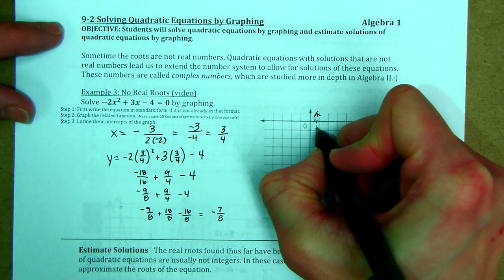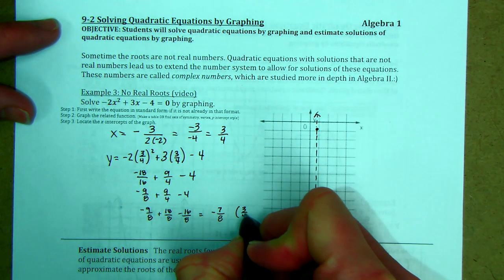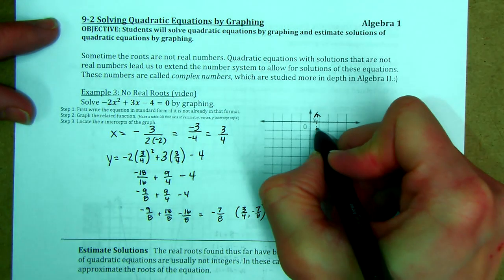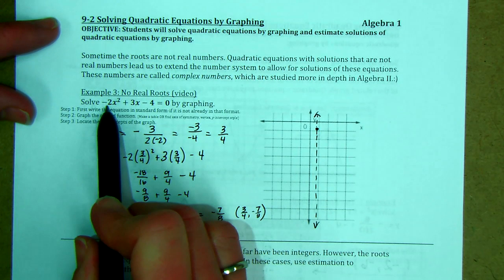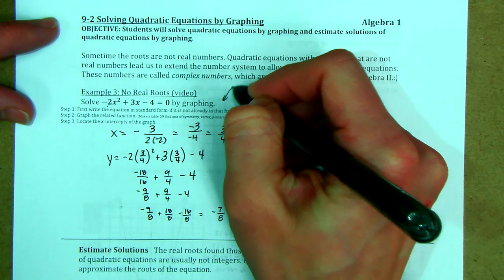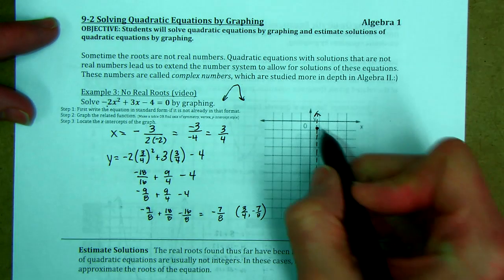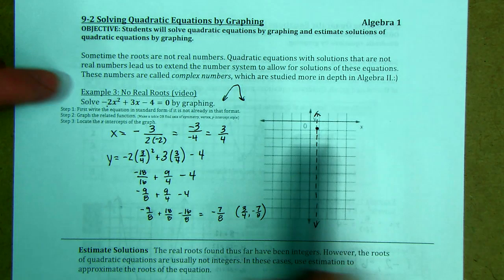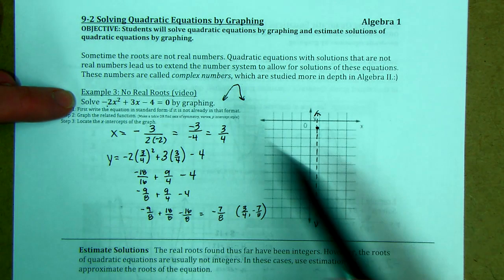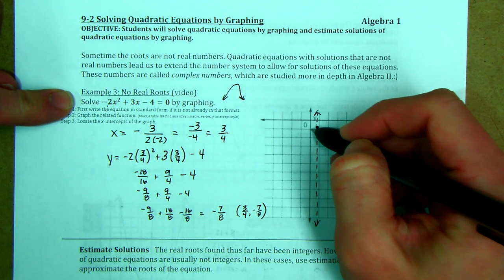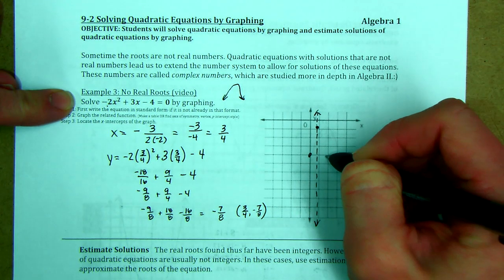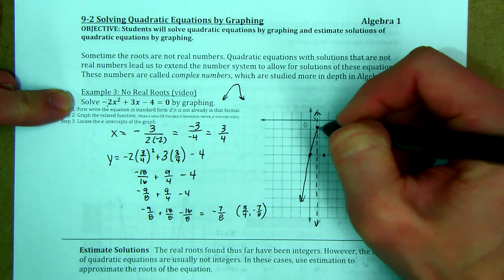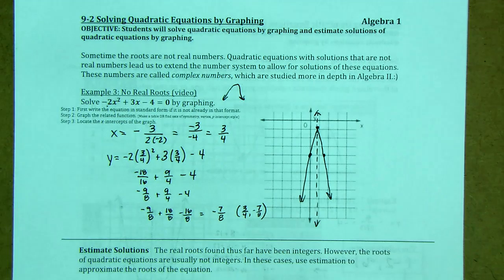All right. Now, the interesting thing about this is I know, because a is negative, we have a maximum value. Right there's my maximum. Okay? So think about that for a second. I'm going to go ahead and plug in 0. If I plug in 0, I get negative 4. So 1, 2, 3, 4, and it'll be over here somewhere. And I don't have a solution because this parabola doesn't cross the x-axis. So it actually means you don't have a real solution. You'll find out later as